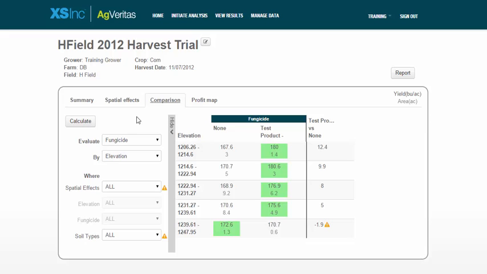Welcome to an on-demand training on understanding comparison table results with AgVeritas. In our last on-demand training video, we discussed understanding the second page of your AgVeritas analysis results, the spatial effects map. In this video, I'm going to take just a moment to discuss understanding the third page of those results,